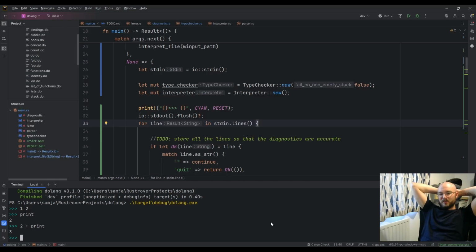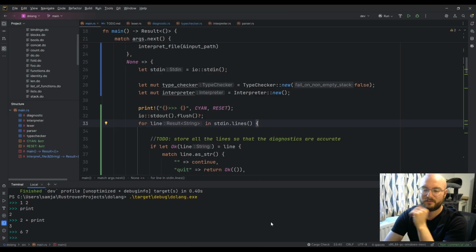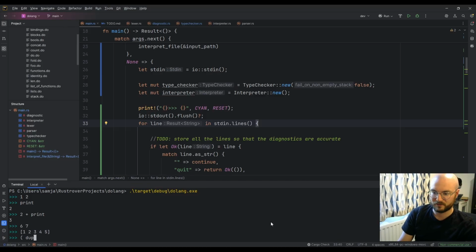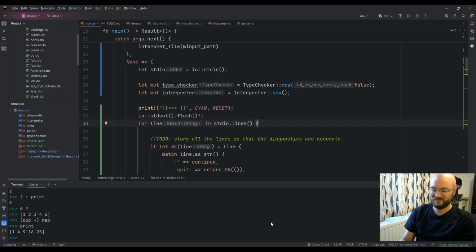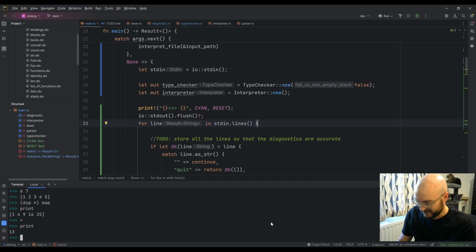I don't know. Is it even worth printing the current stack on every line? Would it be useful to print 6, 7 every time? And can I even do functions and stuff on here? I should be able to. There's no reason I can't. I don't know why I'm putting spaces in such silly places. Do star map and then print. Of course you can do all these things, and then I can mess it up.